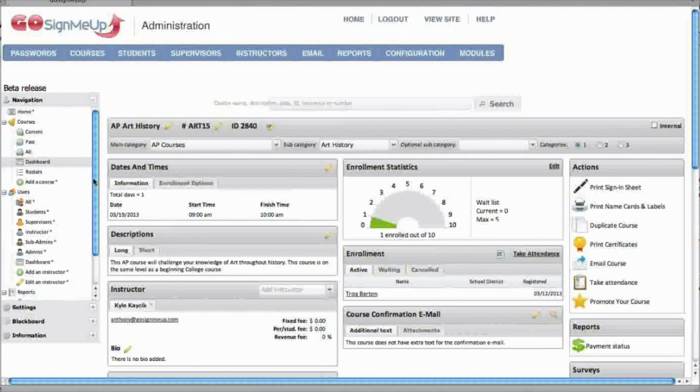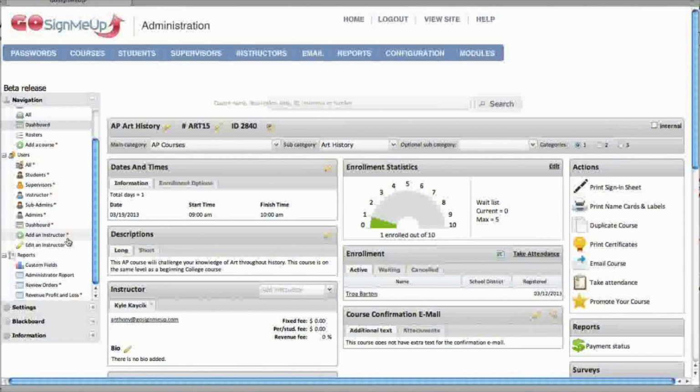Now, if you see a little red asterisk on here, that means that it's still in beta testing, which means that we're taking comments from the field if you would like to, and suggestions, and our programming team is still adding features to it. But it's so wonderful, and it's functional the way it is. It's just going to get better and better. We wanted to go ahead and provide you with some of these items, even though they're not completely 100% done,